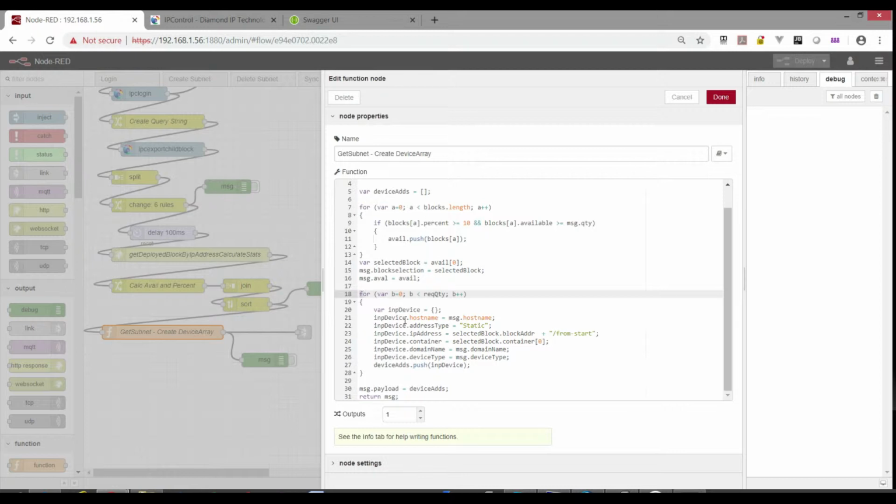So in this particular process, we're going to loop through the quantity, and we're going to set up a new array of this import device, and we're going to set the import device parameters based on what's in the message import, and also based on how we want this assigned. So host name, we're going to pull it out of the message host name, which was added up in one of the change nodes. This will be static. We want the selected block address